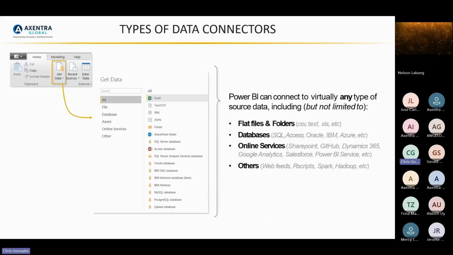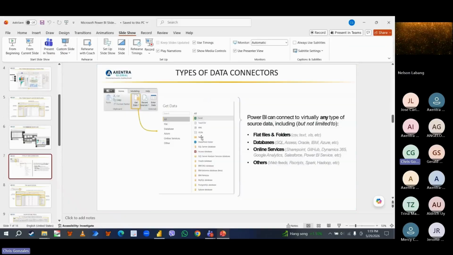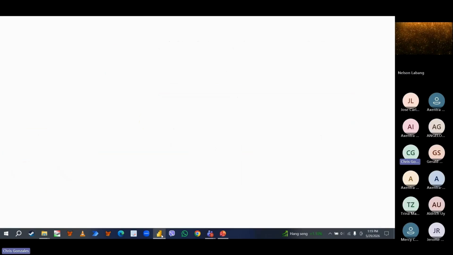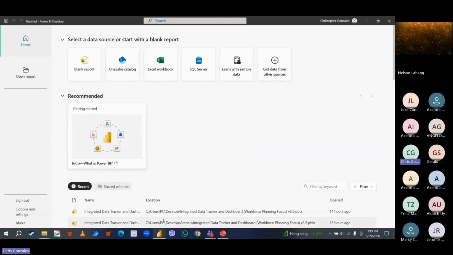Okay. So let me open a blank report and we'll demonstrate the step-by-step procedure on how to start with a Power BI report or Power BI project. So when you have installed Power BI Desktop, you can click the start button, search for Power BI Desktop. And if you installed it, you can go to the blank report button. So this is similar to an Excel blank worksheet.